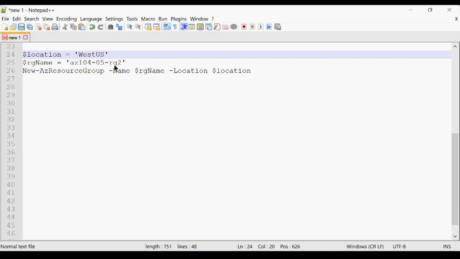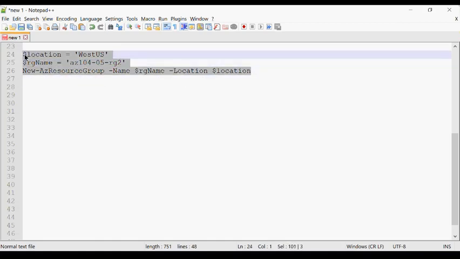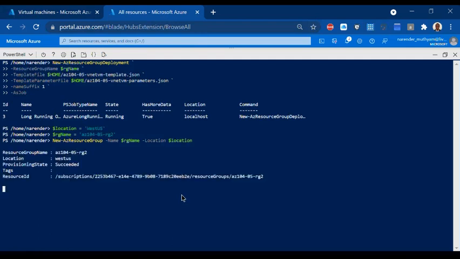And if you see, it keeps creating RG2, RG0, RG1 and RG3. I'll just copy this code here and run it in the shell. That's it, and my RG has been created.